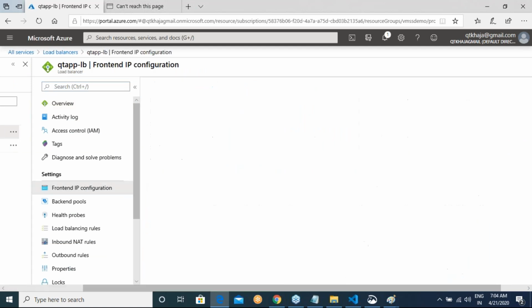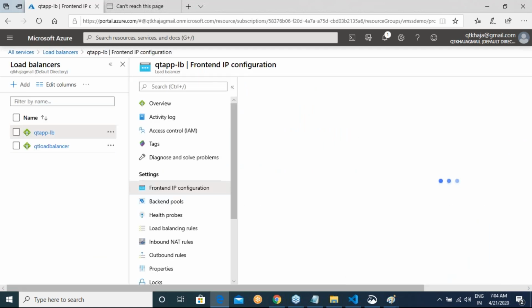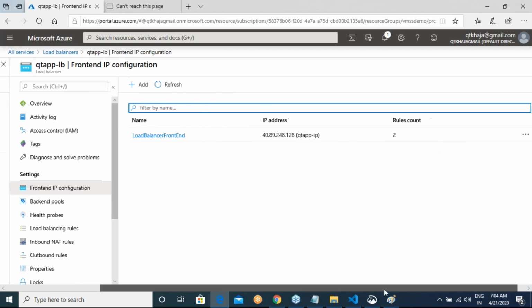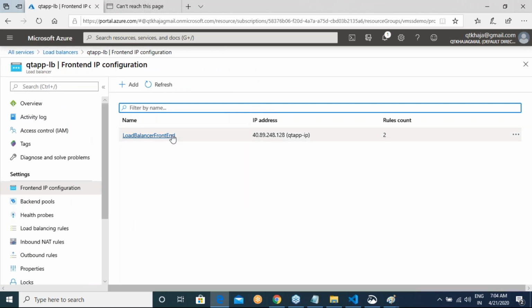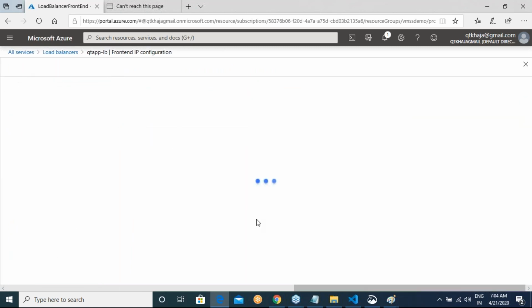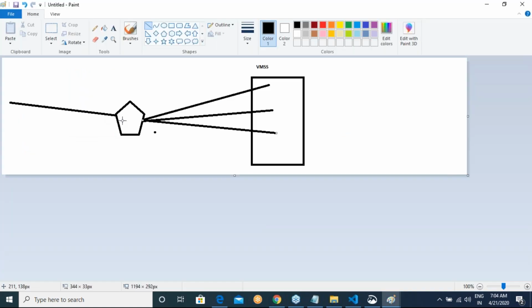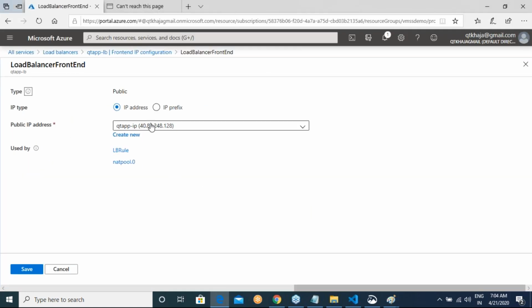Let me see what the front end IP configuration is. It says that you have a load balancer front end. Load balancer front end means how users connect to the load balancer. This is used by the load balancer and this is used by rules. Okay, right.